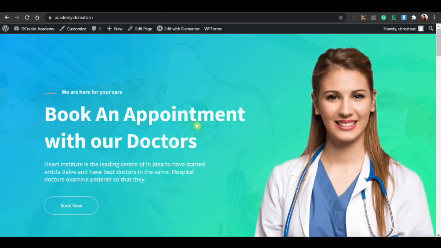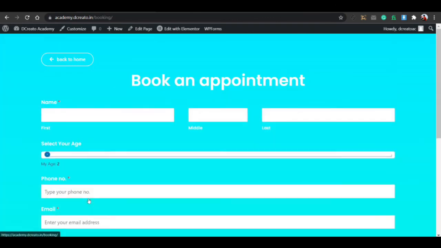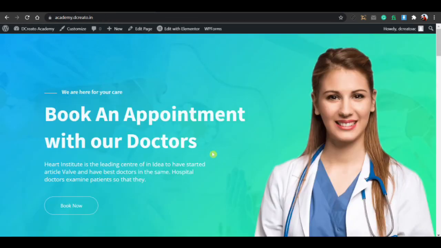You will get a professional, modern looking website. If I hover on the social icons, you can see the hovering animations. I wanted to show you how to create the book appointment form without using any booking plugin or paid plugin. That's it. So this is a simple website with a book appointment form for a doctor website.